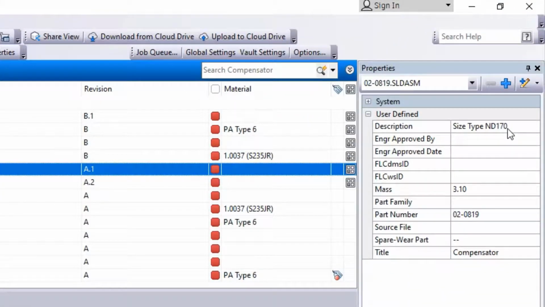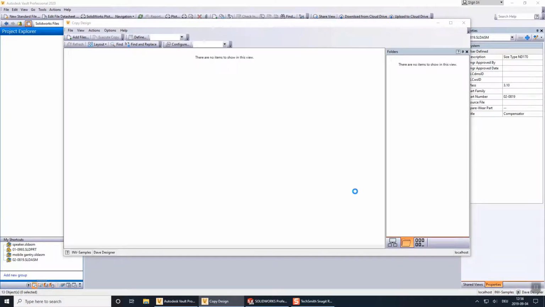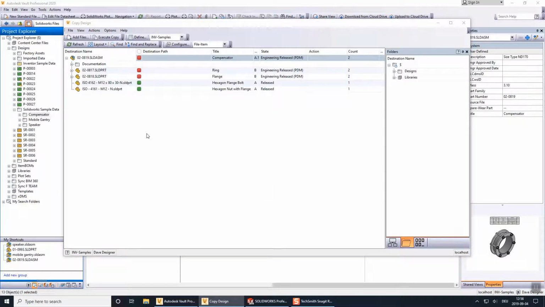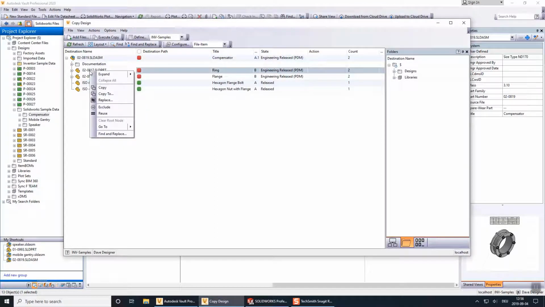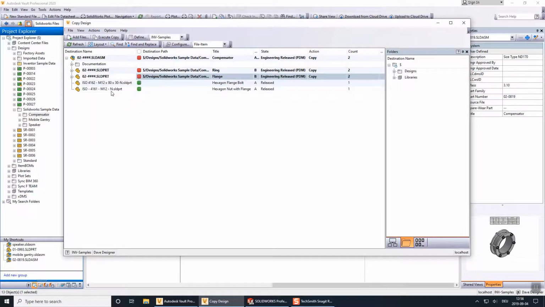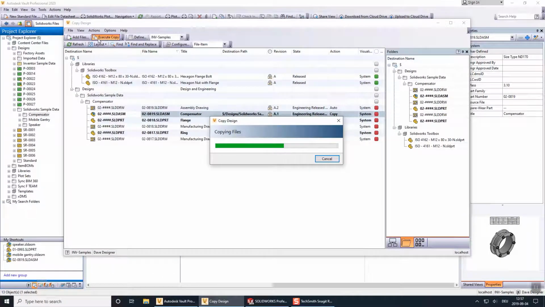A user needs to create another nominal size of an existing component. Vault Copy Design applies all its powerful capabilities to SolidWorks parts, assemblies, and drawing files. Instead of copying a complete assembly branch or project, users commonly prefer starting a copy from individual components that require